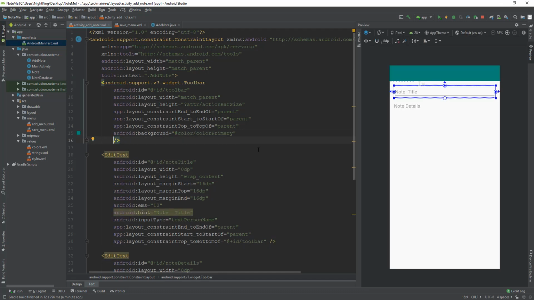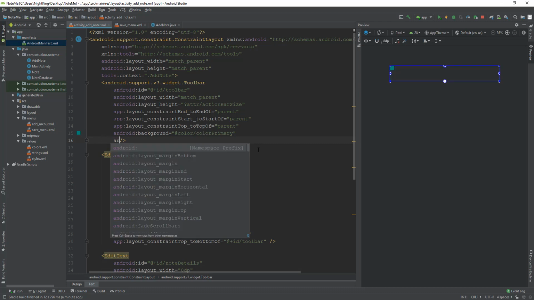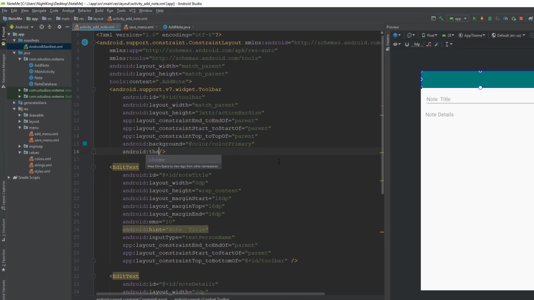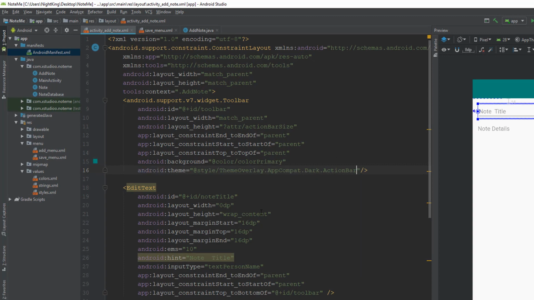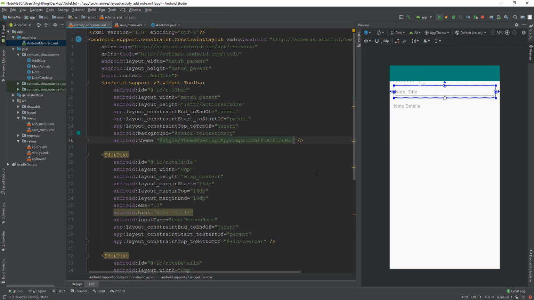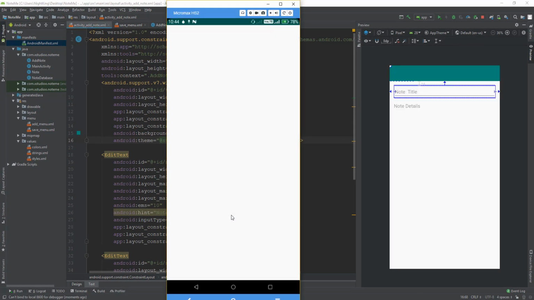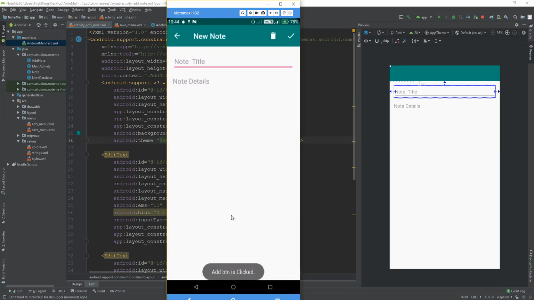I want to set this dark action bar theme. It will set everything including title and the back button to white. So let me run this and show you. Okay, go to add activity, and now you can see everything is in white, so it looks much better